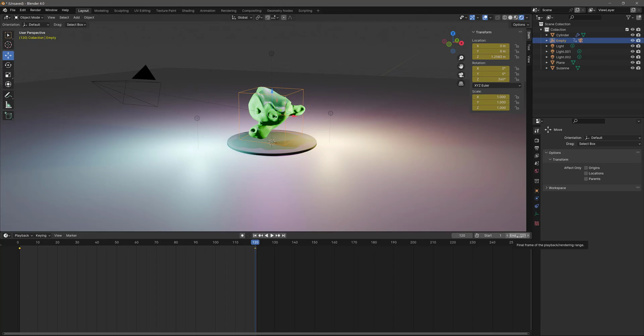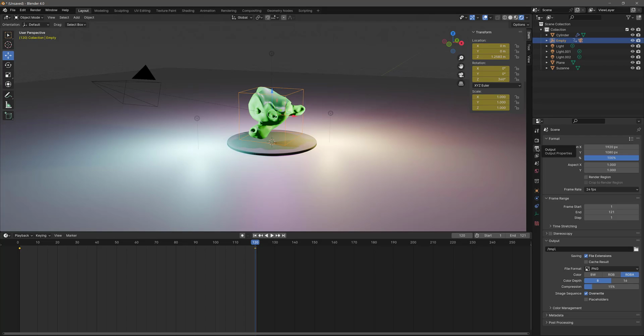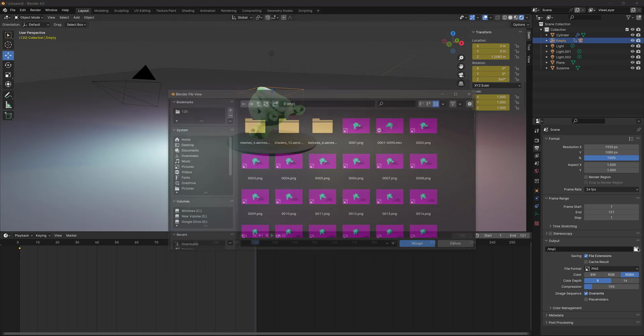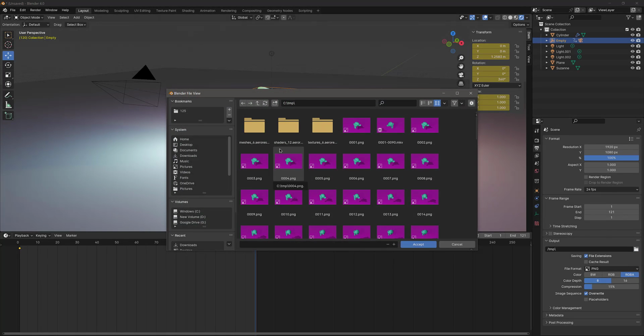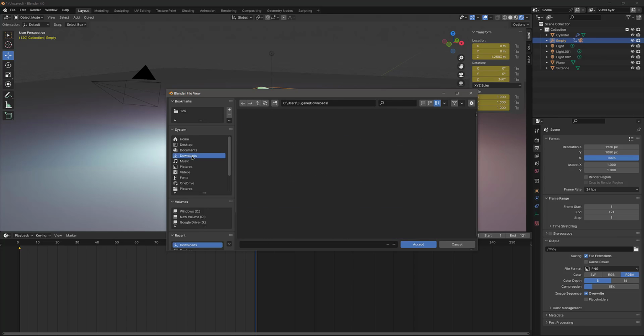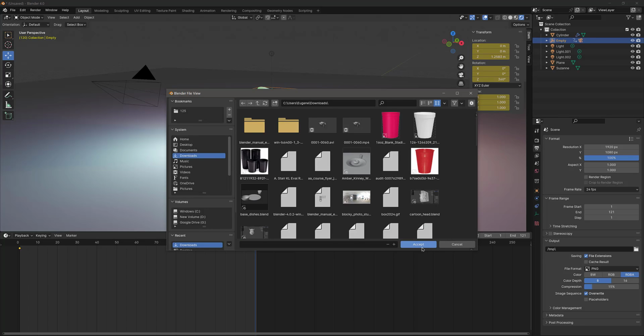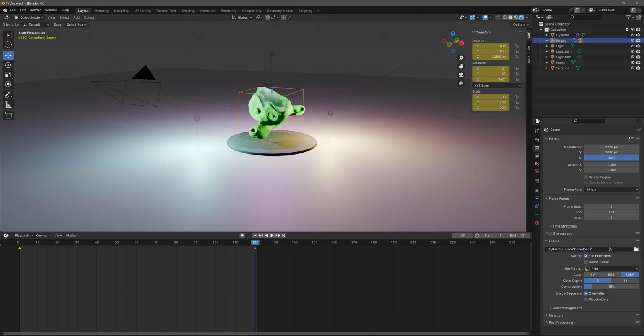But how do we render it? We need to make it an MPEG, right? So the first step is going to be to go to the output settings, and we're going to figure out what format we're going to save this in. But first, before we pick the format, is pick the location. So I'm going to pick a location wherever you want it to. I'm going to put it in my downloads folder, and that's happy. I'm happy. Then work your way down